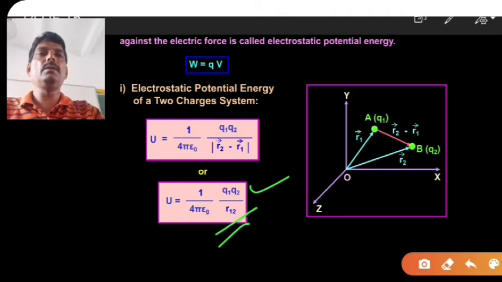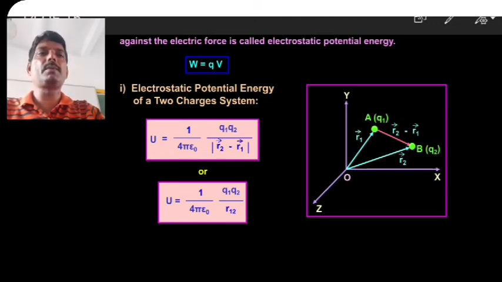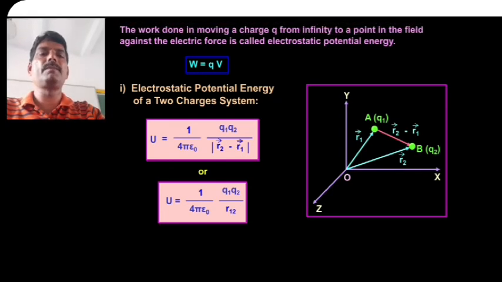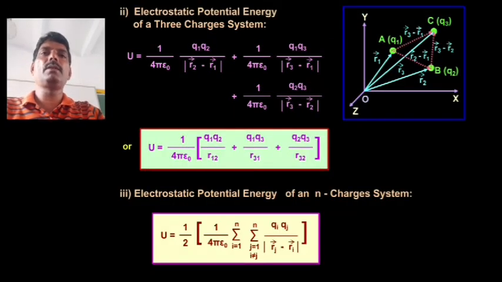Okay. So due to single charge you have calculated the electric potential. Now the electrostatic potential energy, that means you have done the work done, and that work done is stored as a potential energy due to the two charge system. Similarly, you can proceed for the 3 charge system. Now see, whenever you are considering the number of charges, suppose you take 3 charges, 4 charges, etc., then what you have to do here?